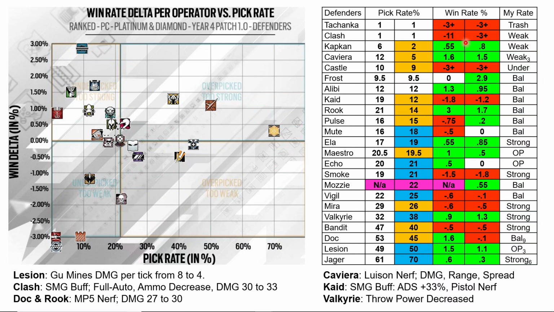But the thing is, if people start realizing he's underrated and picking him a lot, then he really would become weak, because then people would be watching for it. So his traps work because people don't look for it, and I think that's why he has a positive win rate. Caviar, similar to Capcan, did get nerfed pretty